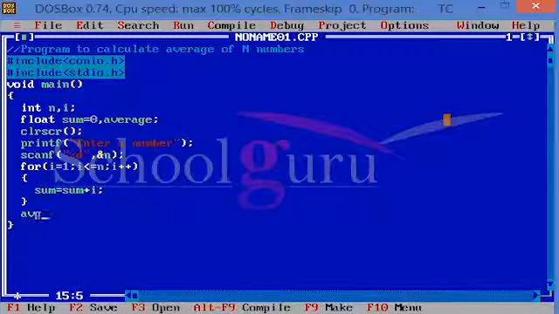Now the average is nothing but sum divided by the number n. So this gives us the average. Now let us print the result to the user. We want the answer on a new line, so \n. The average of all numbers is,